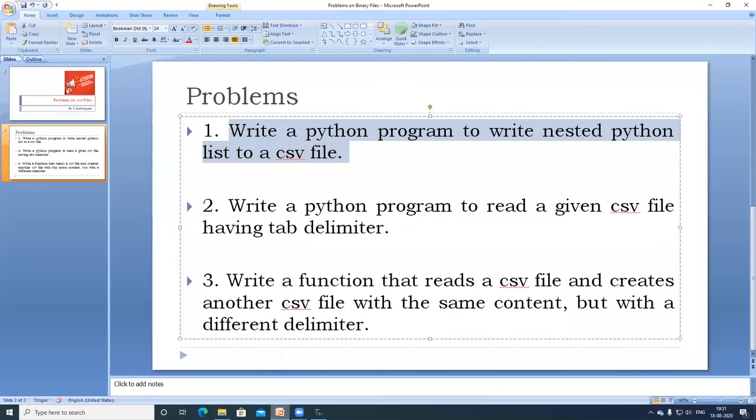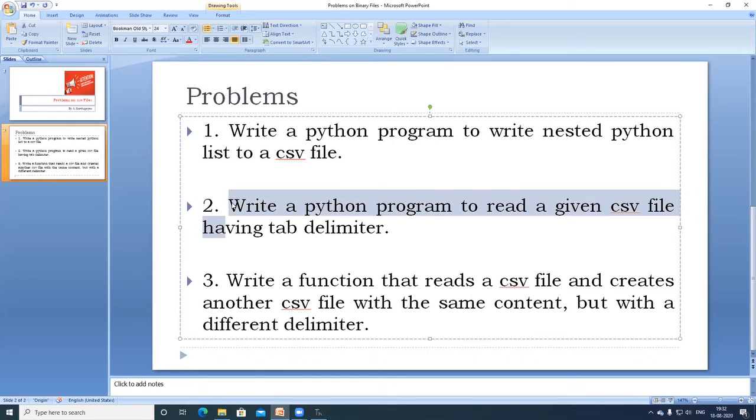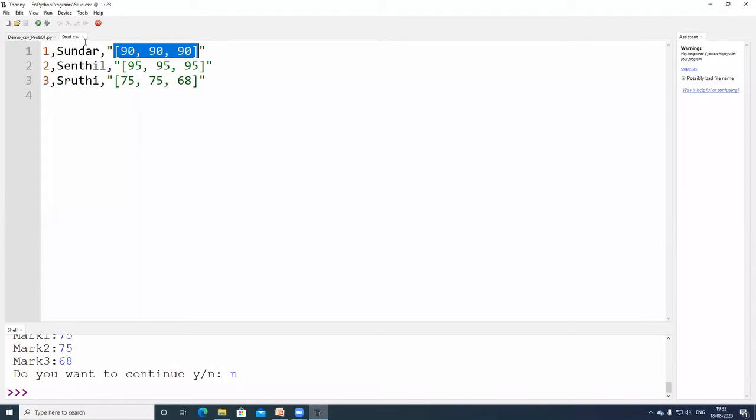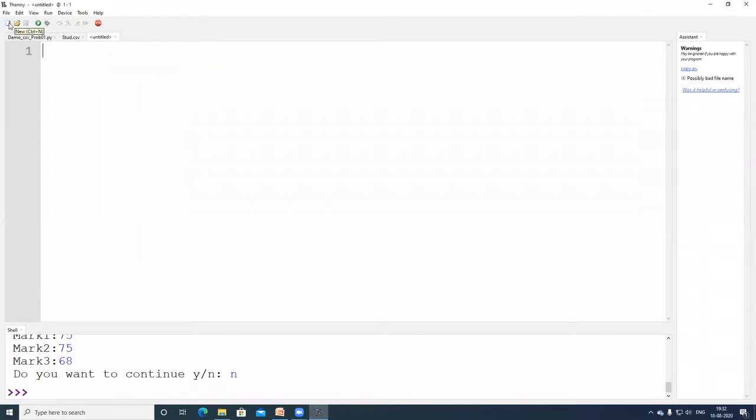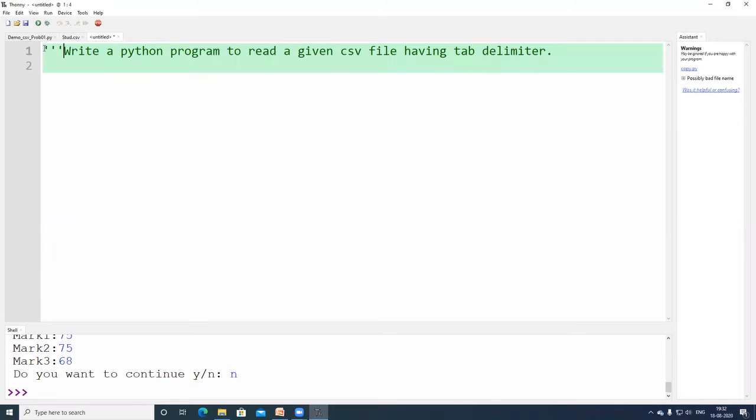Moving on to the second problem. Write a Python program to read a given CSV file having tab as a delimiter. Having tab as a delimiter, for which I should have written the file with tab as a delimiter, then only I can read it.